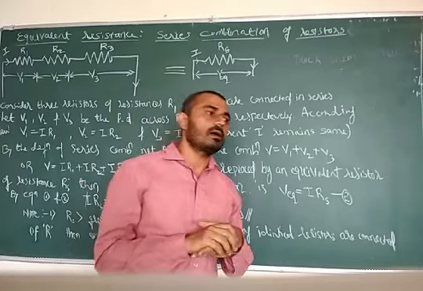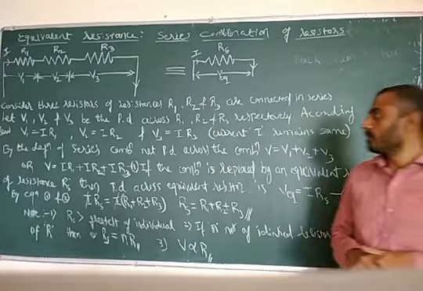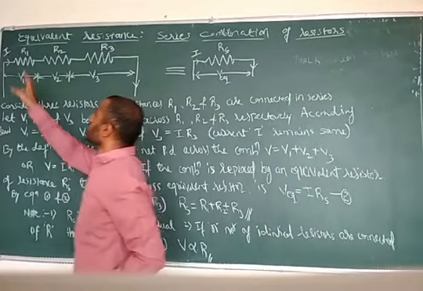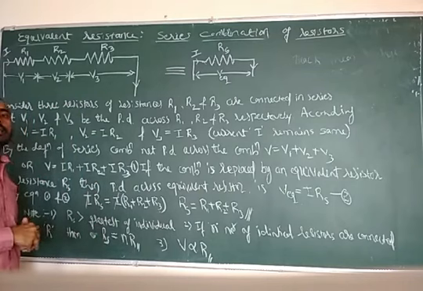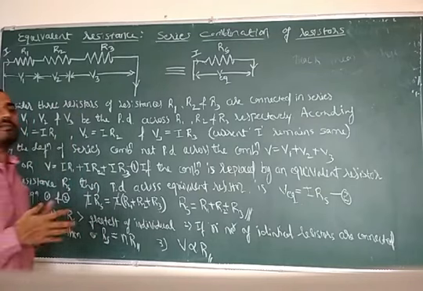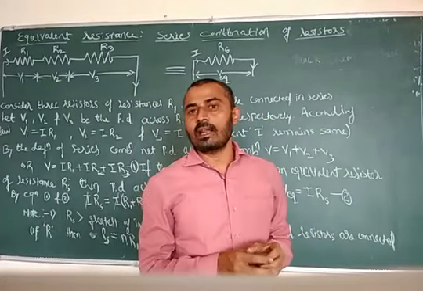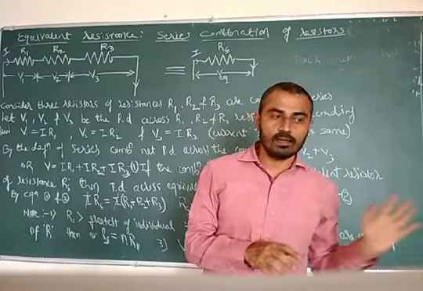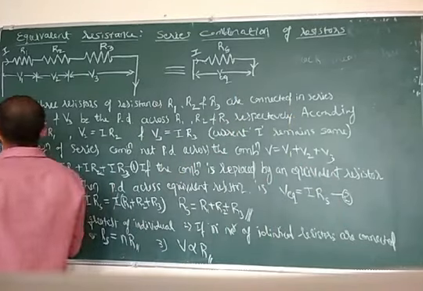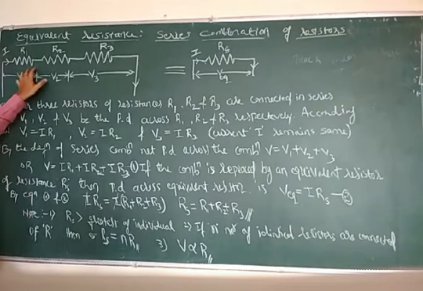5 marks means the total 5 marks can be divided into different points depending upon the number of steps. You will be asked a question like this: derive an expression for equivalent resistance of n resistors connected in series. Or it can be asked, derive an expression for the effective resistance of resistors connected in series. Effective resistance expression or equivalent resistance expression. For that, 3 resistors.